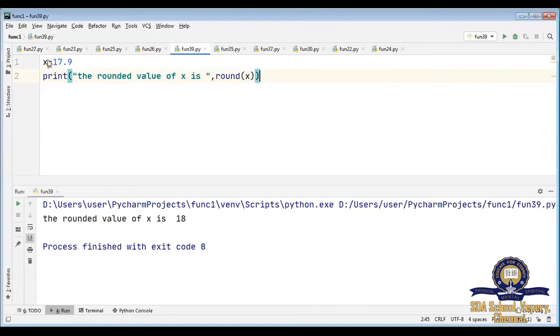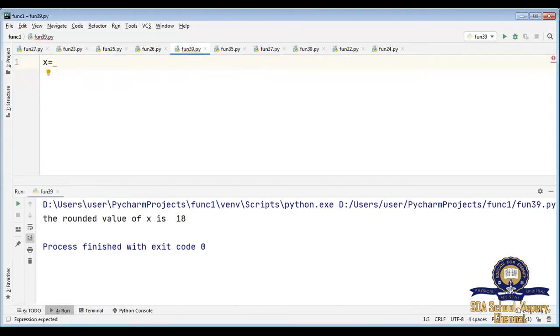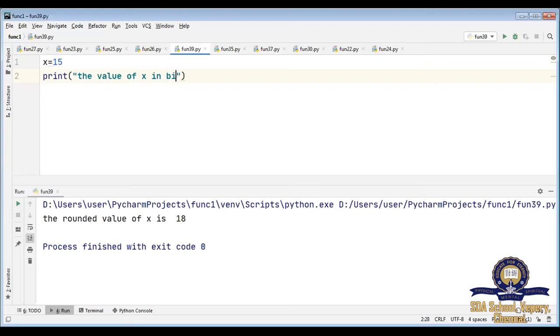Let me delete this content. X equal to 15. Let it be the same value. Print, open the bracket, in double quotes, the value of x in binary, comma,